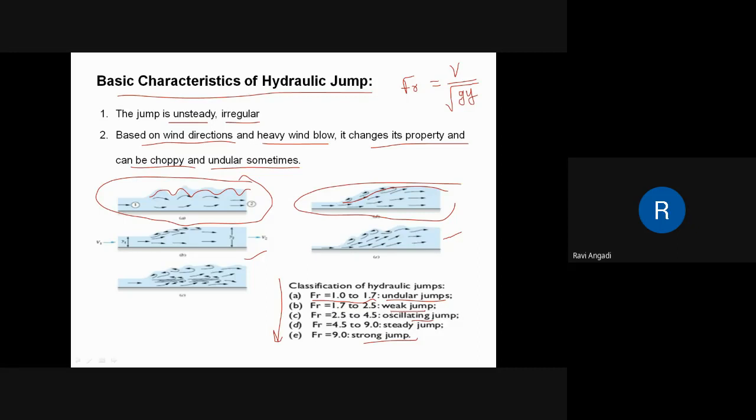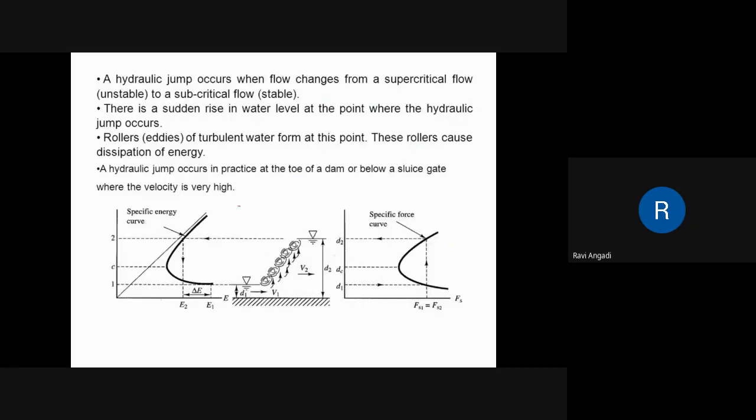You all can listen to my voice? Yes, sir. Okay, at least you replied. So I hope you understood the Froude number and all, how it can be utilized, where it can be utilized, right? Yes, sir. So these are the basic characteristics of hydraulic jump. Okay. Then coming to this graph I explained previously. What is this graph called? Specific energy curve. Yes, specific energy curve, which can be utilized in calculating the hydraulic jump as well as the energy lost in a hydraulic jump.